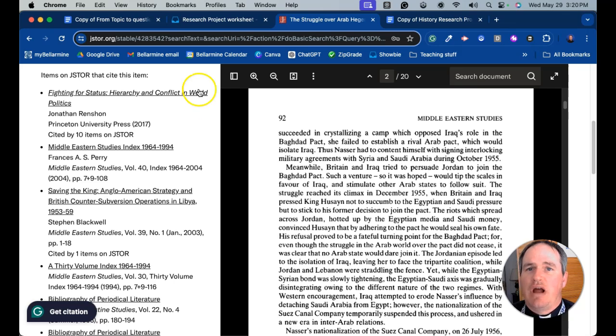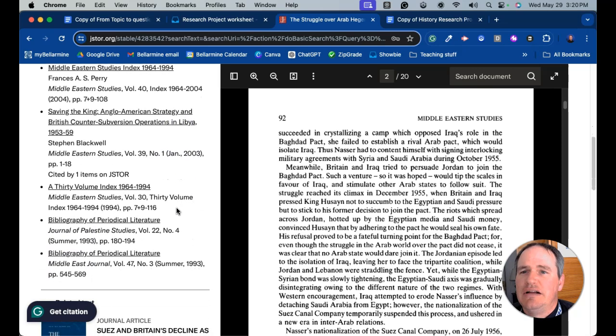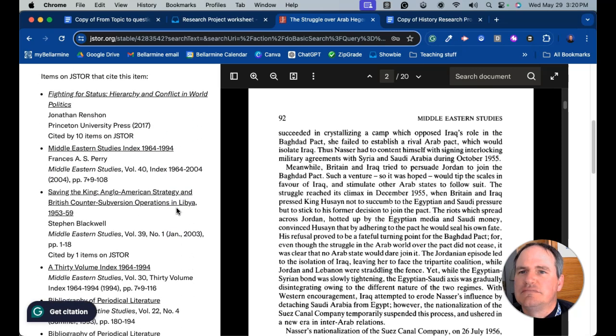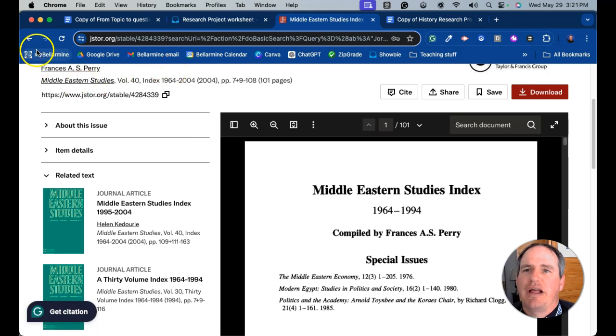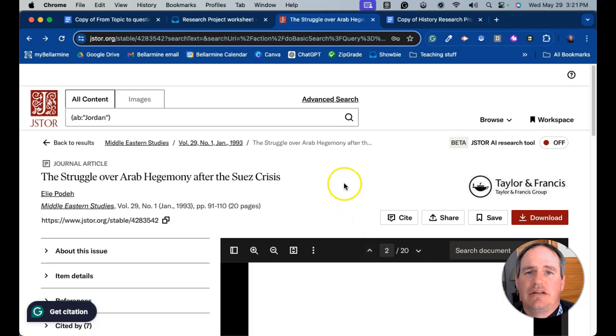And this is about the Suez Canal, and I can go and look to see if there are other articles that cite this article, which would probably also be about something similar. I'm going to go back. So that doesn't work. You notice you're going to fumble around and try to